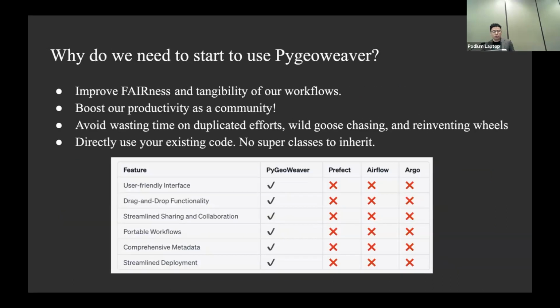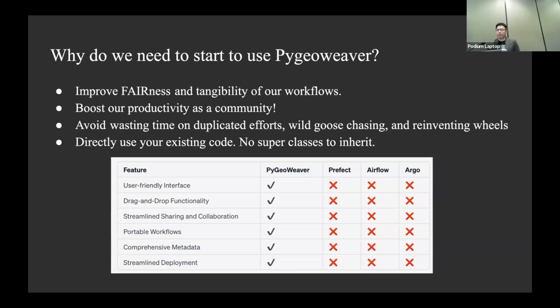So why should we start using PyGeoWeaver? Because there are so many libraries online that can do similar work, but there are many benefits that other software doesn't have. Take the package Ben just mentioned, MLflow. You have to inherit its superclass to use it, so you have to follow their rules.